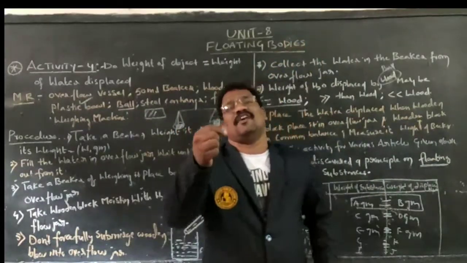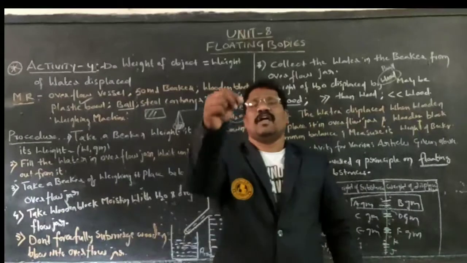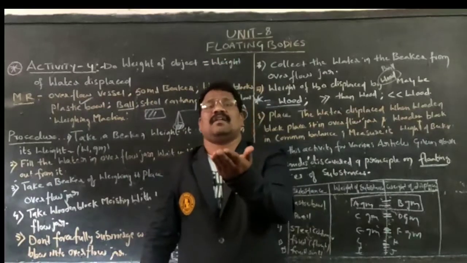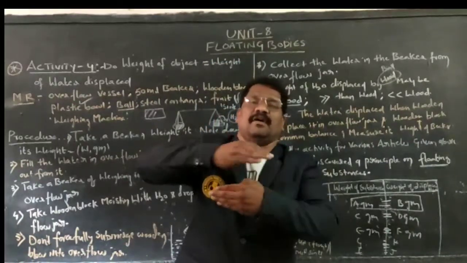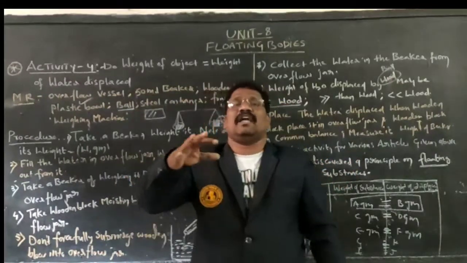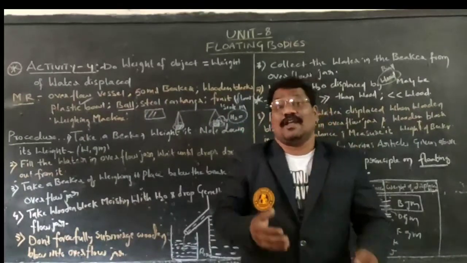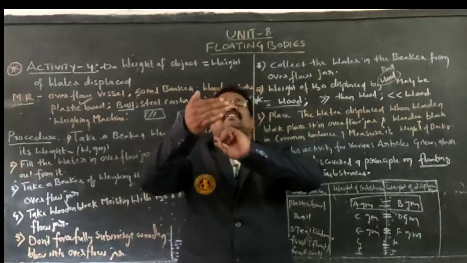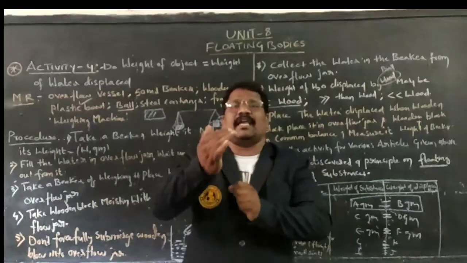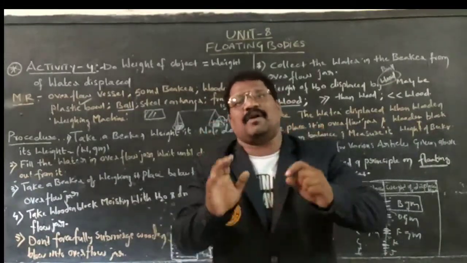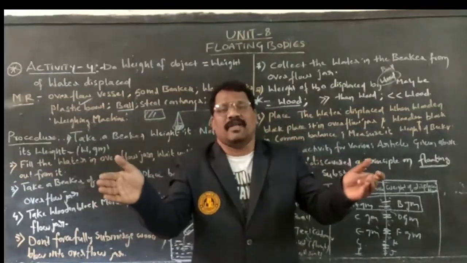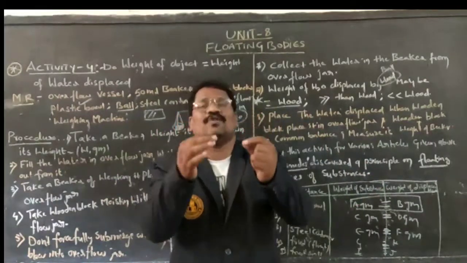Just now we have seen a pebble we have taken. It has its own volume. As I drop that marble pebble, it will sink into the water. But if I wrap that pebble with wrapping paper around it, increasing its volume to an extent, and drop it in, what happens? It can float on the surface of water as the volume increases and a specified shape is given. When we are wrapping it up, we take care that a specified shape is attained by the pebble. Due to the specified shape, the volume increases and the density of that pebble gradually decreases.